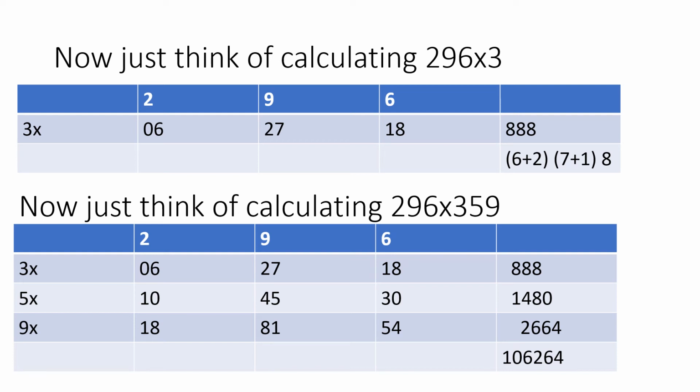Then when you are adding this, 06 plus 2 is 8. So take 8 as it is. Then here 7 plus 1 is 8. Take 8. Then the last digit take as it is. So it becomes 888. Check the answer and you will find it is really magic.